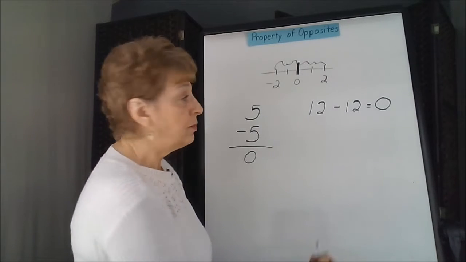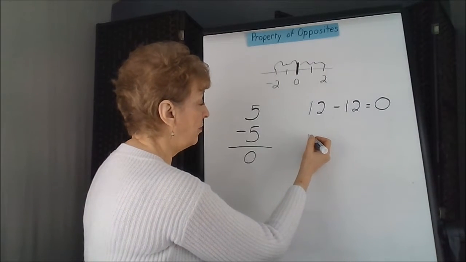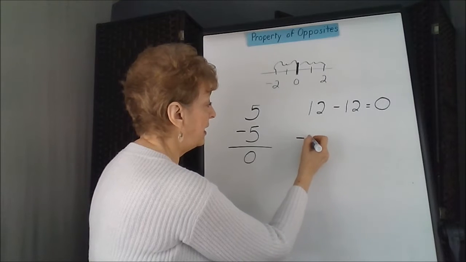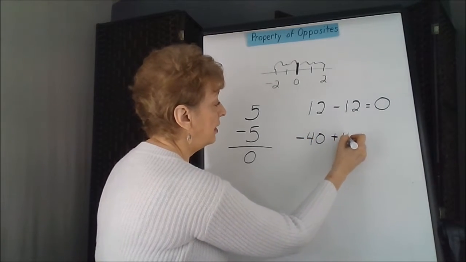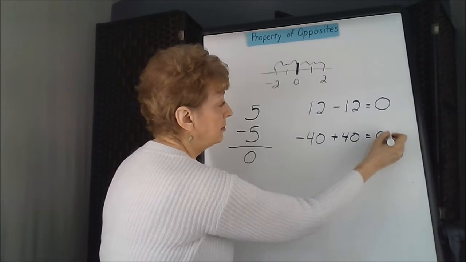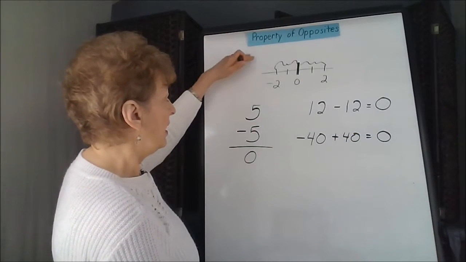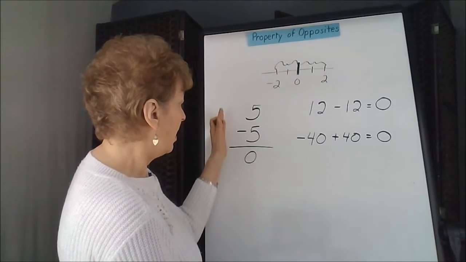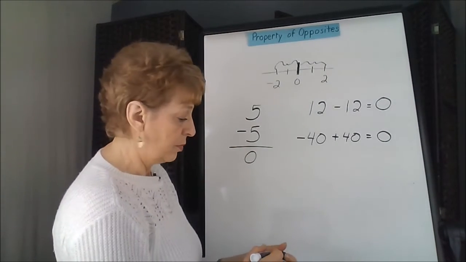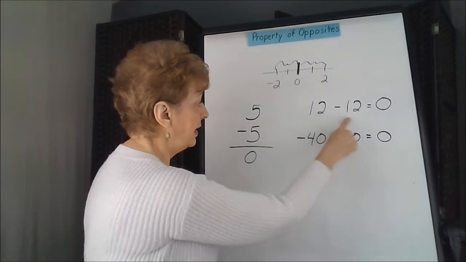In subtraction, we would just start out with the negative number first. So we would have like a -40, +40. So the opposites for addition and subtraction are just the negative portion of it, a positive and a negative with the